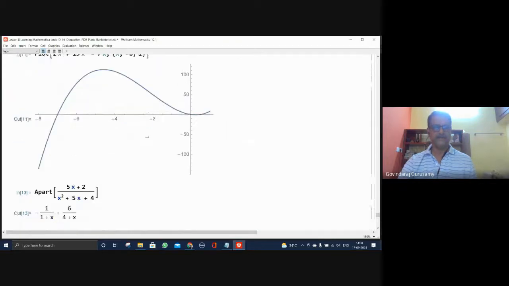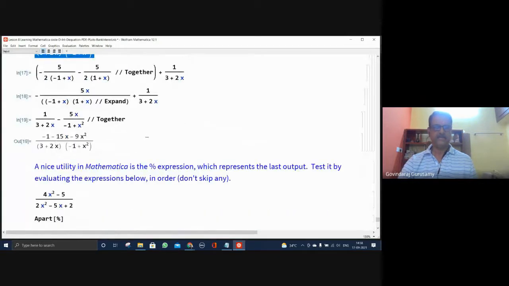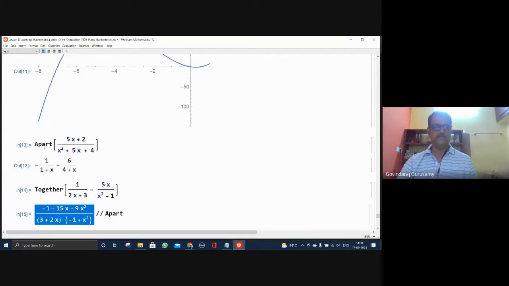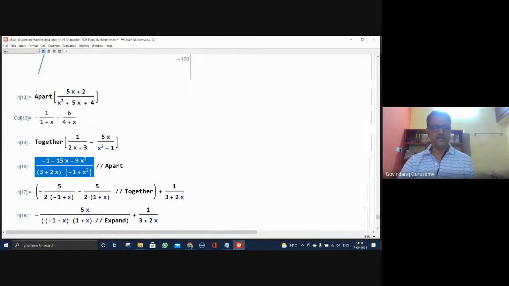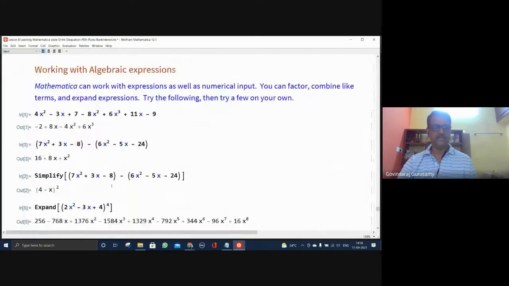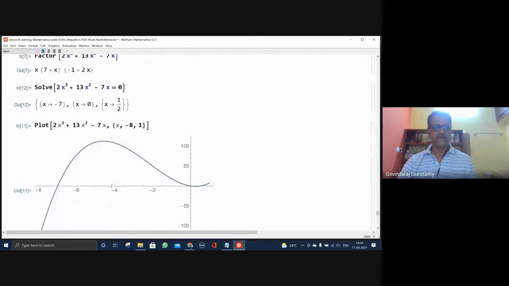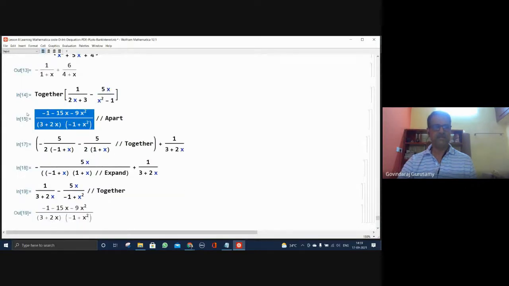Okay. So it's clear for you. When you have a big equation, don't get frightened by that. Just group them properly. And if you want to look at the way you would like to do it, you can use all these kinds of algebraic mathematical commands that are available. For example, we are seeing so many of them: expand, simplify, factor, solve, plot, apart, together.